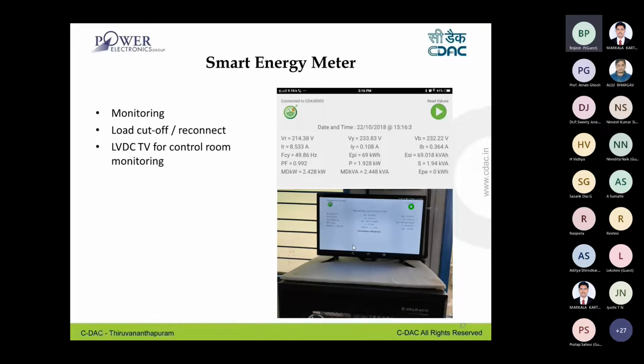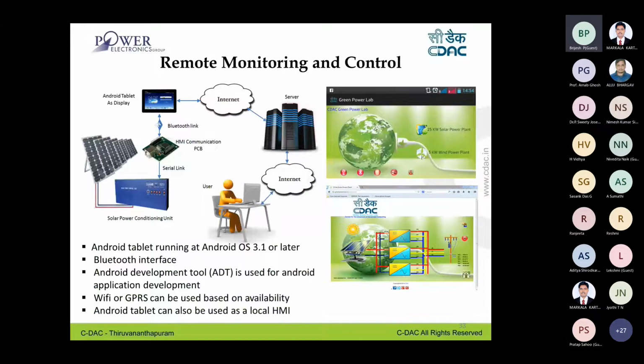Then we also have a remote monitoring facility for our power conditioning system. In every microcontroller or DSP we are using for the power electronics interface, you can have a basic serial communication like UART. So by utilizing that basic serial communication, you can connect some Bluetooth module or Wi-Fi module and interface it to some